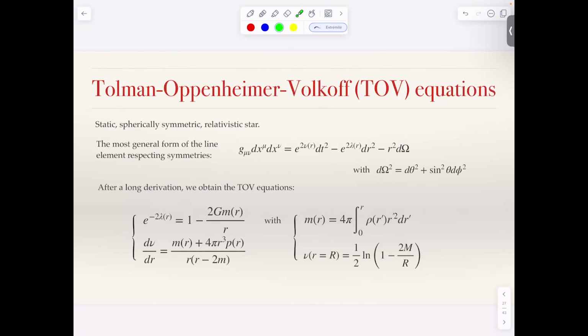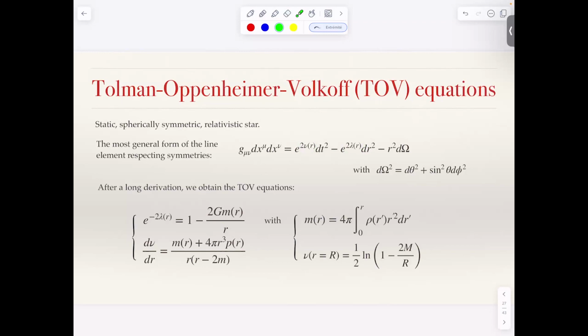It's a bit boring and not very difficult. There are books where you can find it, but what you obtain from this derivation is a set of equations for lambda and for nu, which are the two quantities that determine this metric,